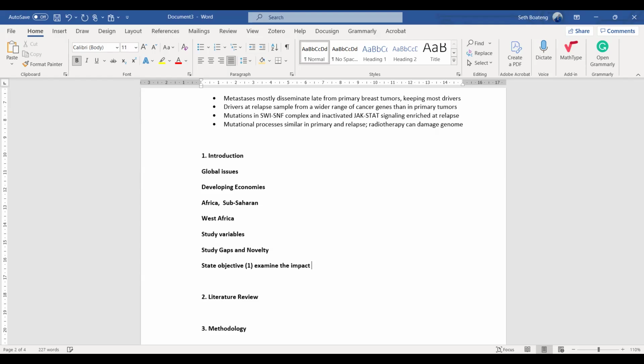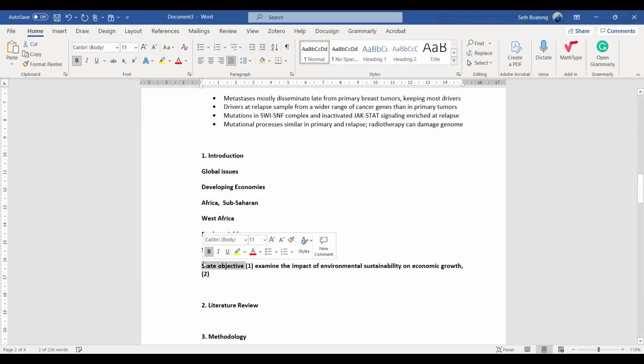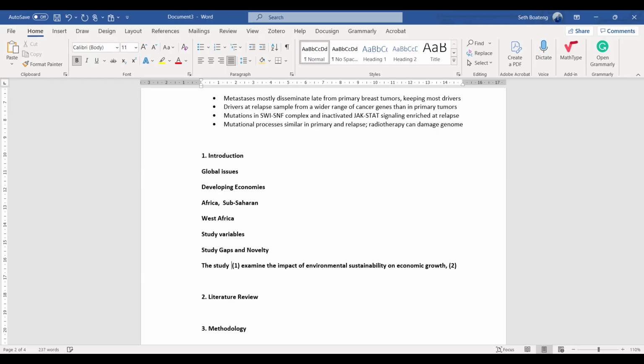the impact of environmental sustainability on economic growth. Two, so maybe the study tries to achieve maybe the following objectives.